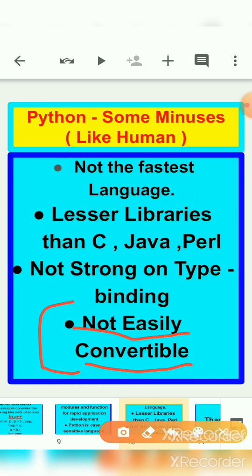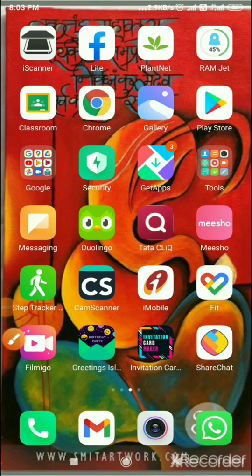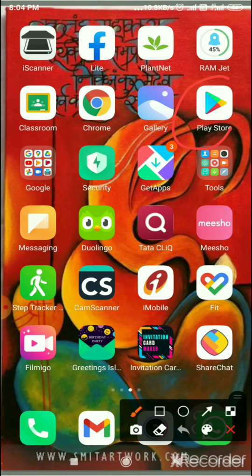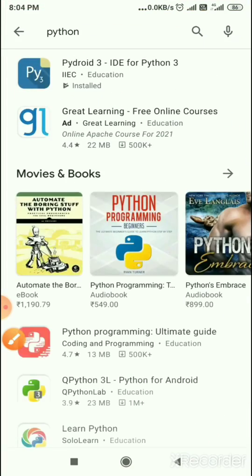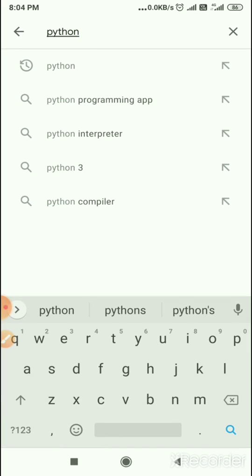Okay, children, so with this, now look at how to download the Python application. Go to the Play Store, then type Python in the search option.